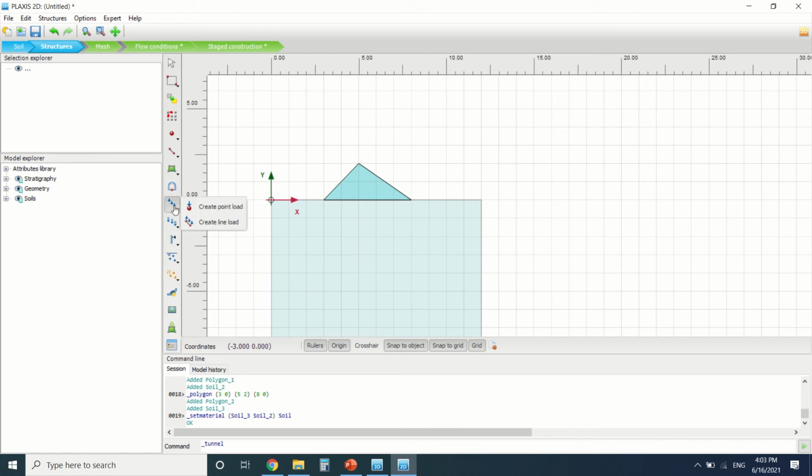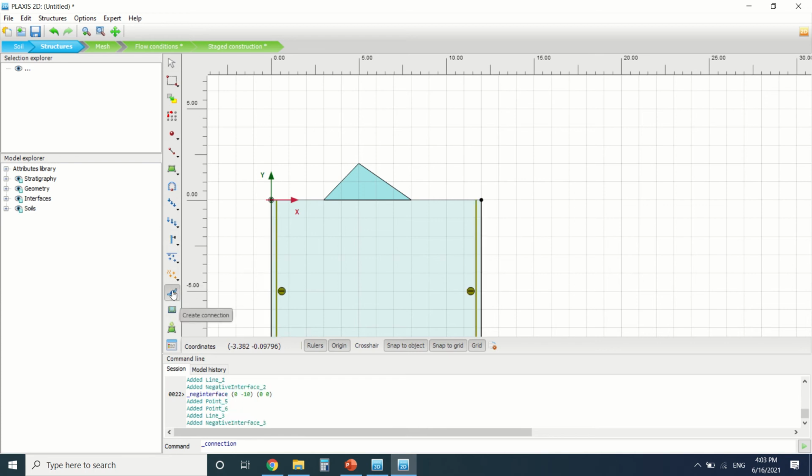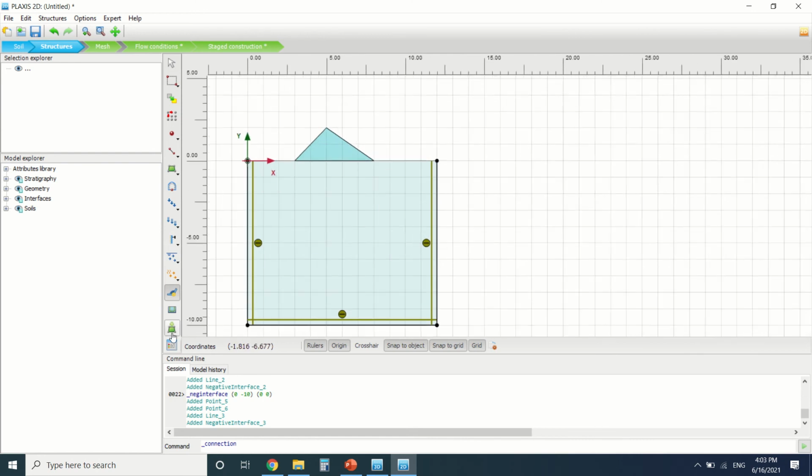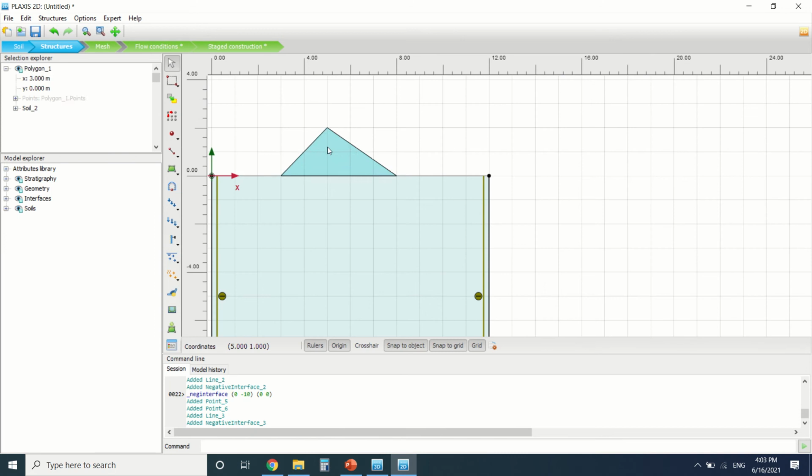Here we can create a point load and a line load. Here the displacement, contraction, line displacement, and point displacement. Here we can create structure, fixed and anchor, create plate, geogrid, embedded beam, interface. We've also seen them here. Here the water condition, the thermal condition, the connection, which will be between plates and embedded beams, for example. Here we will create an interface on the boundaries, like here. And here we can import a geometry, and this is the material option. So we can also change,